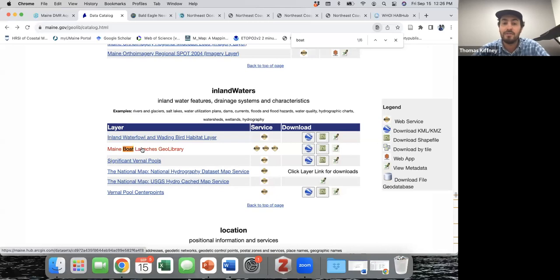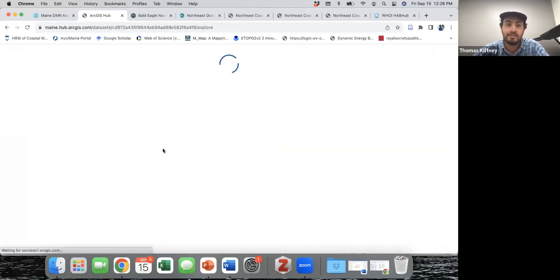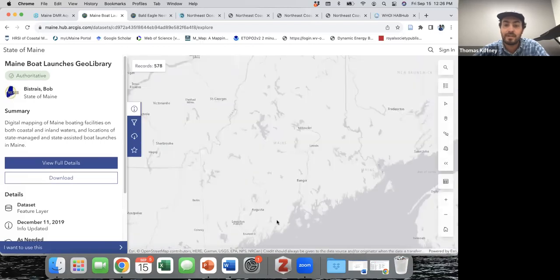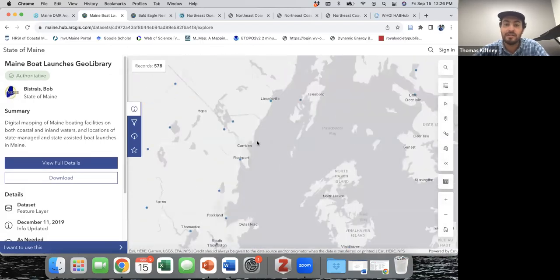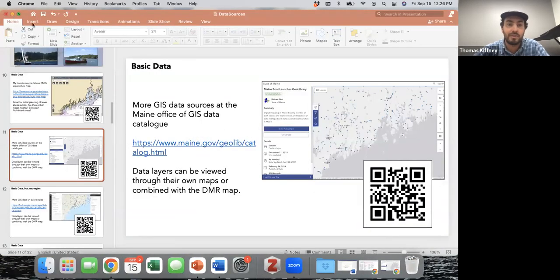You can click on the layer and view it, or you can download it. There's a few other options to download, either as a KML, which is great for loading into Google Earth, if anyone has that on their computer, or a shapefile, which is great for loading into the aquaculture map. So what I've already done is I've already downloaded this shapefile of Maine boat launches. If you click on it here, you can see where they all are located around the state. But I already have these downloaded. So I'm going to go back